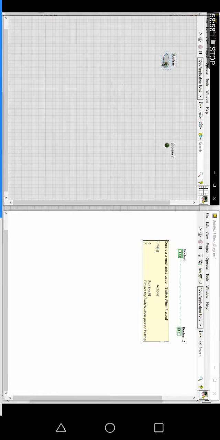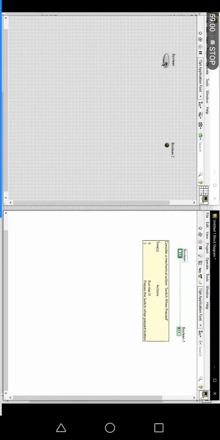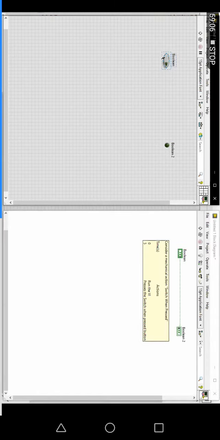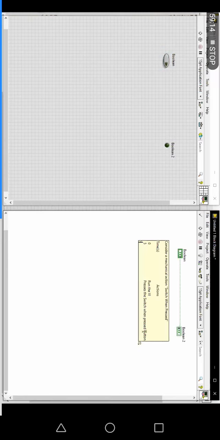This control is configured as the switch one pressed button. That's why they are telling you that at the 5th second you are going to press this switch one pressed button. Button or control, whatever we can call it. So you are going to press it.